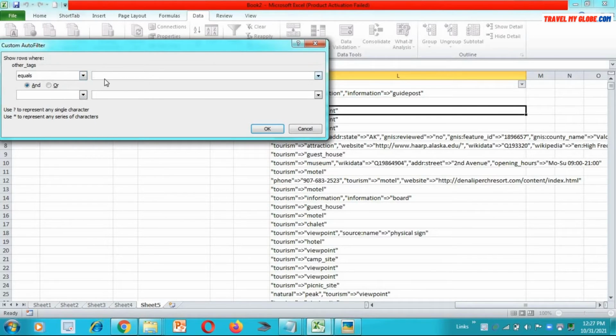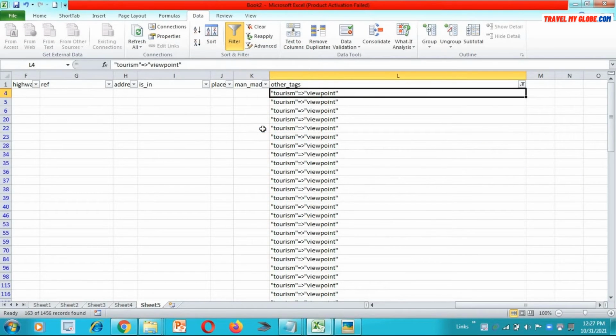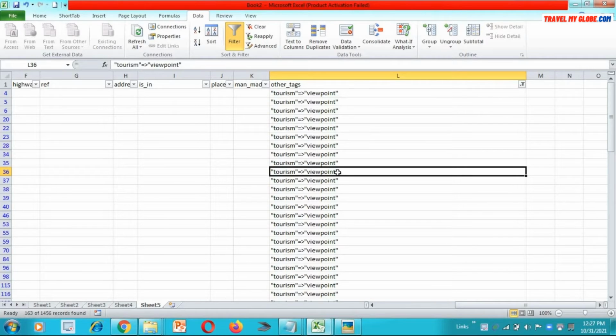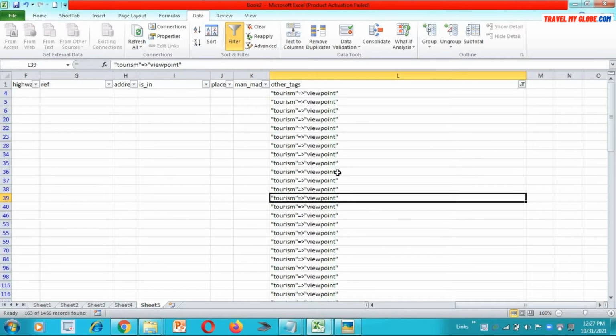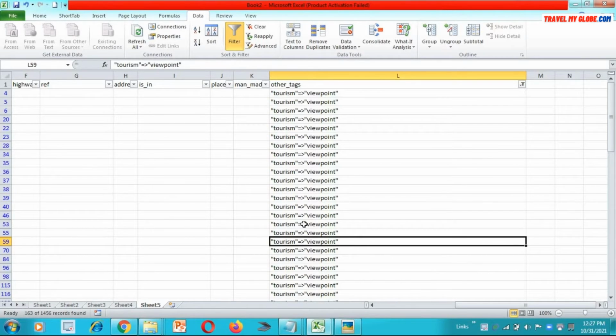I want to display only those records which are equal to this tag, so just copy it. It will show only those records. Previously you have seen that there are other rows too wherever viewpoint and other text was there. So it has not shown those records. See how my records are filtered right now in the way I want.